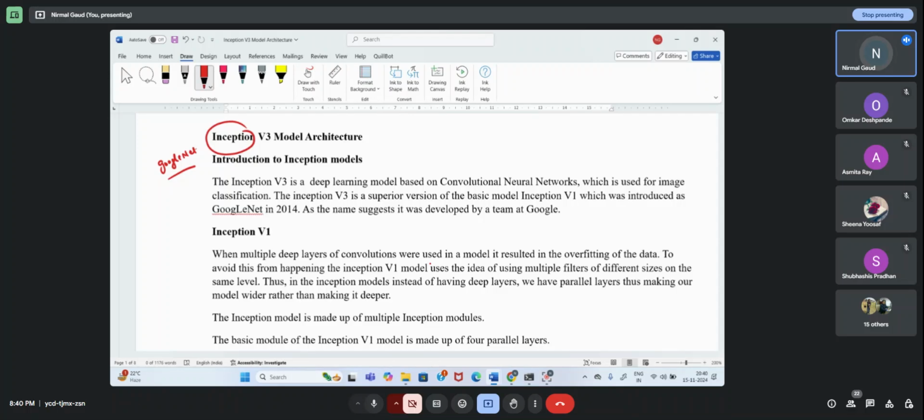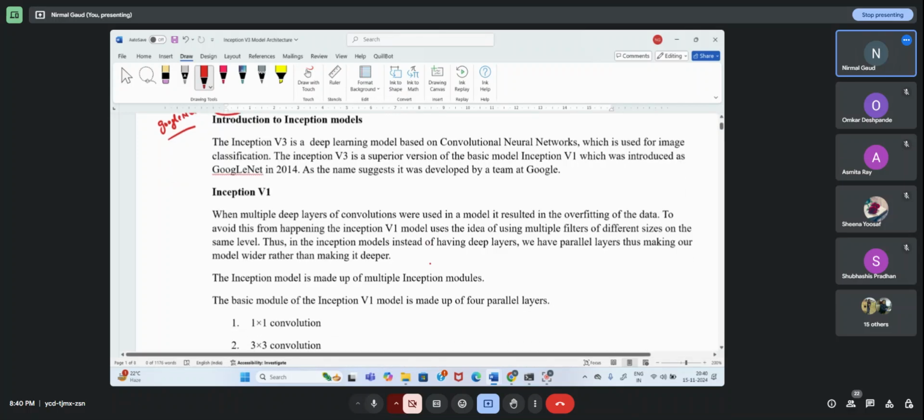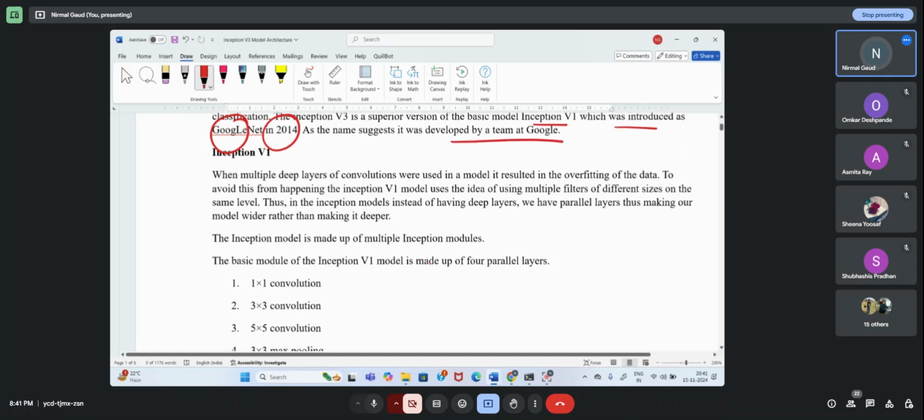So what change did they make in the architecture which will overcome the issues existing in the current architectures of VGG 16 and 19? Well, the basic model Inception V1 was introduced by GoogleNet in 2014, developed by Google. And here,